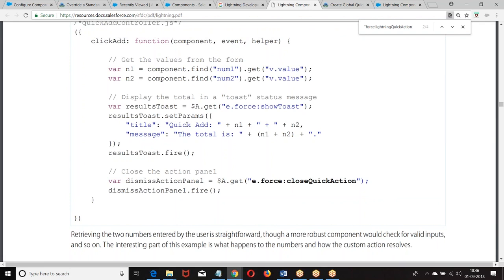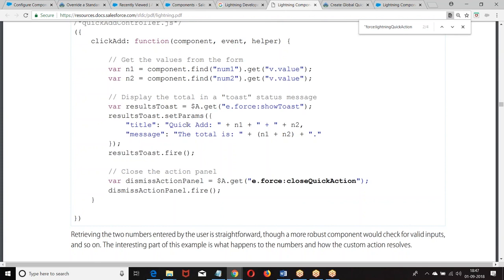So toast message, we just give a toast message. We want to find the message. Now what is that? Any event, in the previous class also we have done. If you want to find the event, dot fire. If it is an application level event, how do you give? $A dot get, then event, application level event, E dot namespace.